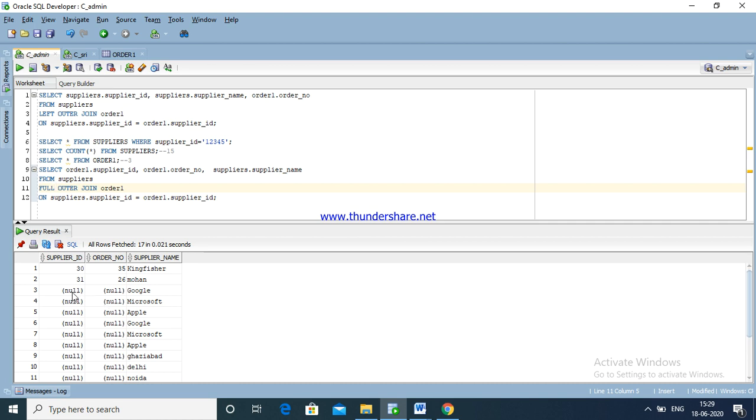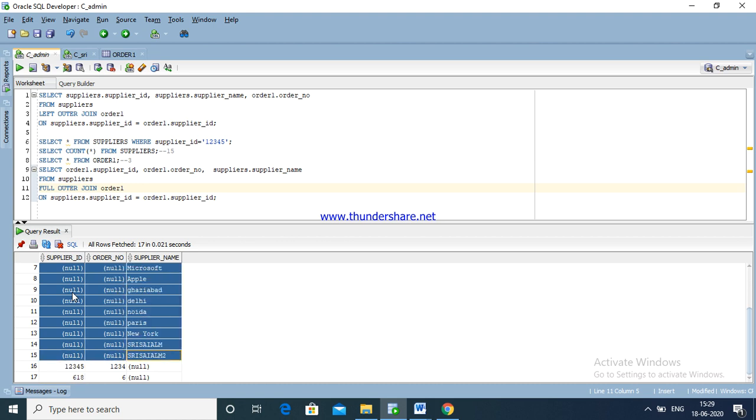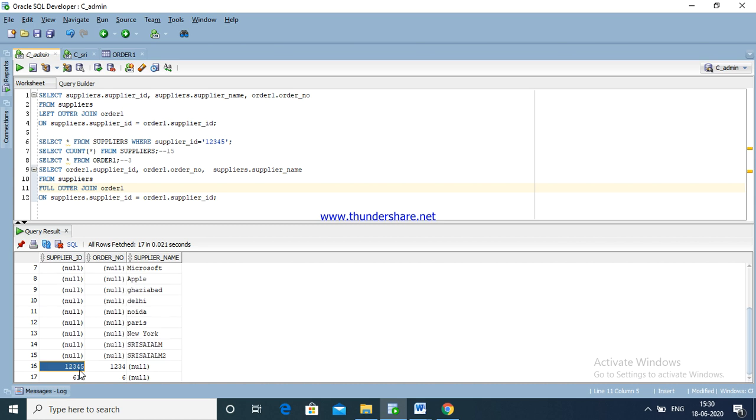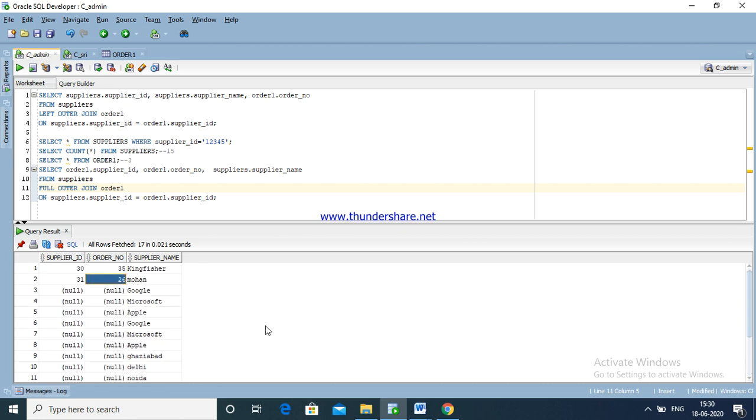See here, where conditions are not matched, it will display null. These are all where the condition is matched, only 4 records. These are all matching. If they are not matched, it will display null. See here, it is not matched, display null. Here also it is not matched, supplier name displays null.